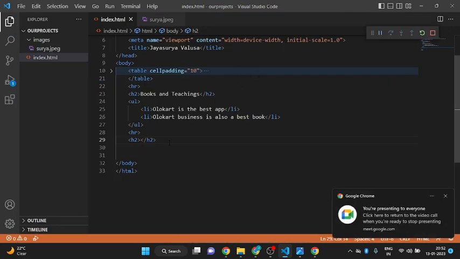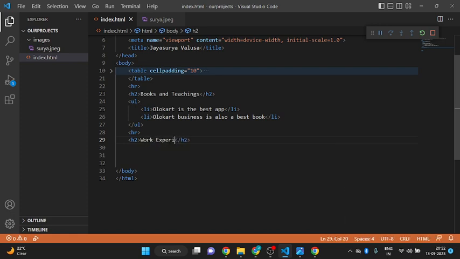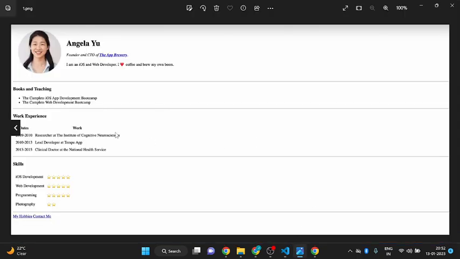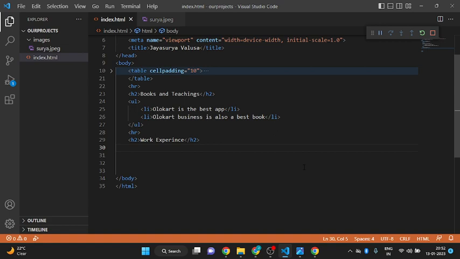So now let us try H2. We should give here work experience. EXP. I don't know the spelling. After H2, now what should I give? See this and tell me. Table, sir. Table. Inside this,